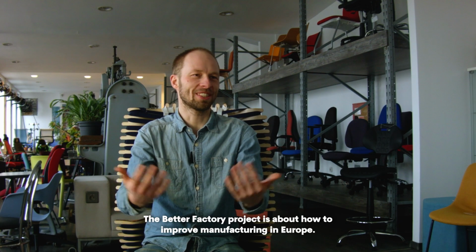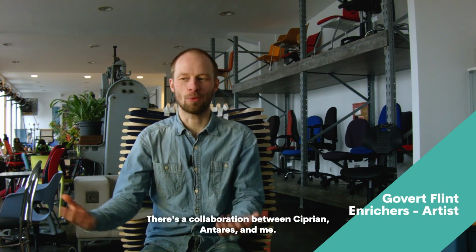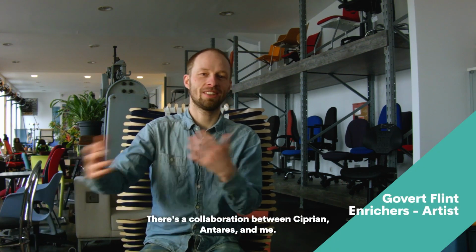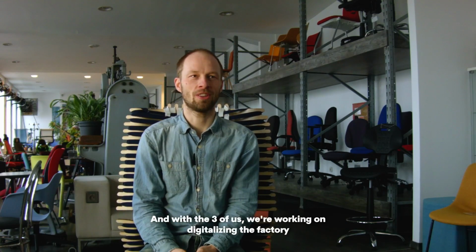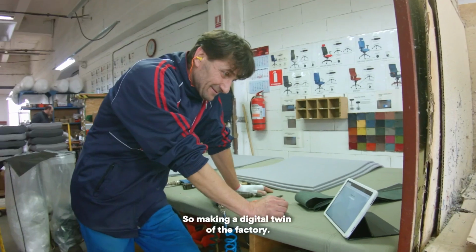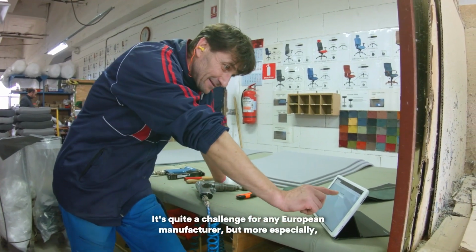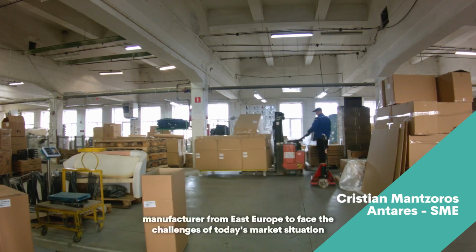Well, the Better Factory project is about how to improve manufacturing in Europe. There's a collaboration between Ciprian, ANTARES and me. And with the three of us, we're working on digitalizing the factory, so making a digital twin of the factory. It's quite a challenge for any European manufacturer, but more especially a manufacturer from East Europe, to face the challenges